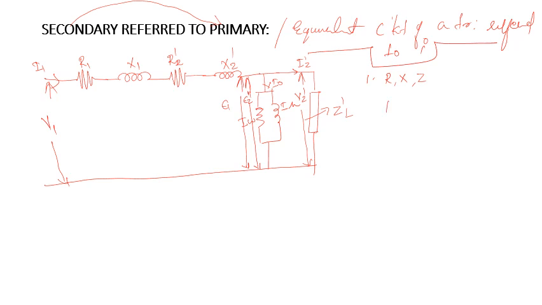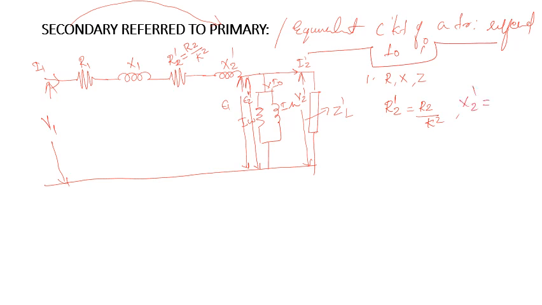That is, when the secondary resistance R2 is transferred to primary, it is known as R2 dash. So R2 dash will be equal to R2 divided by k square, and similarly X2 dash